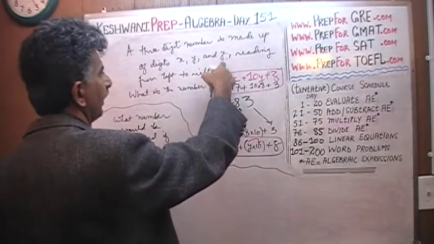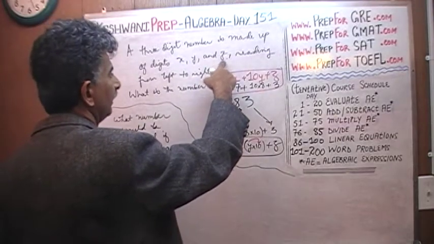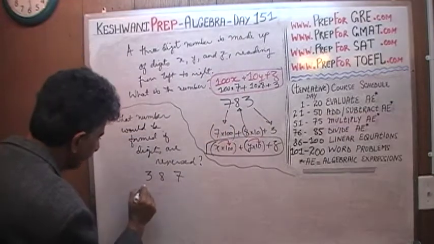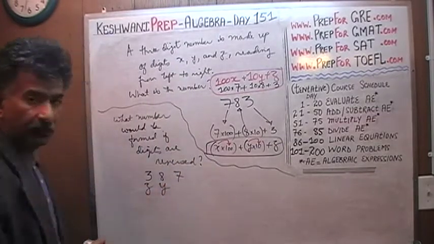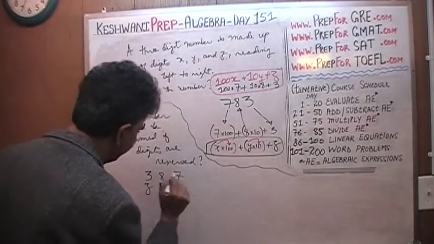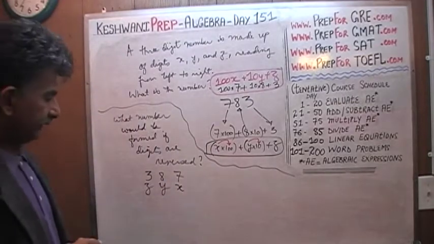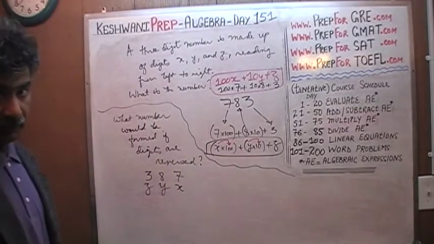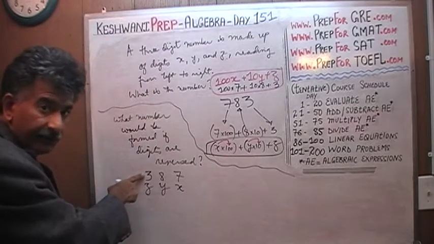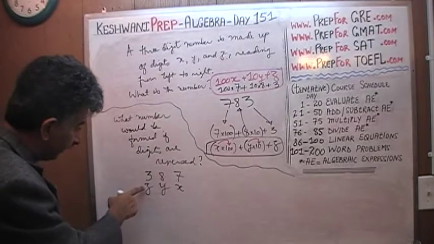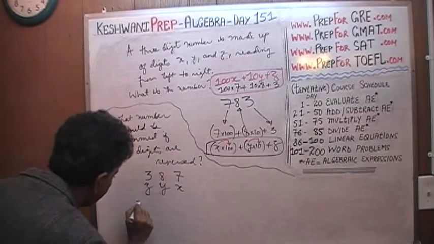So now we're reading from right to left. So z ends up here. This is our z. Our y stays the same because y is in the middle, and our x ends up on the right hand side. So now the new number that we form is 3 times 100, because this 3 is in a 100 digit. It's 3 times 100. Similarly, this is z times 100